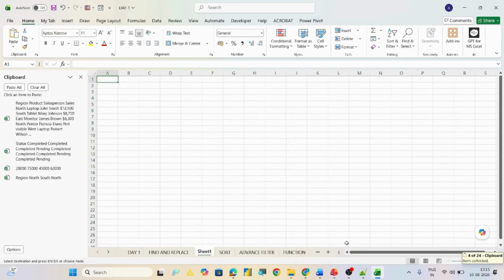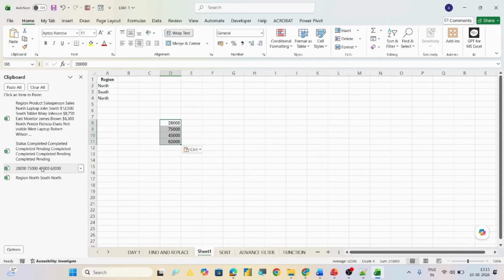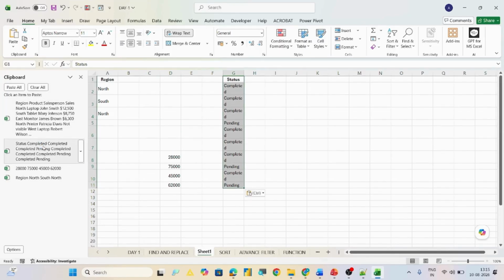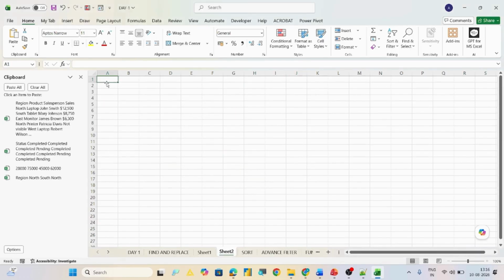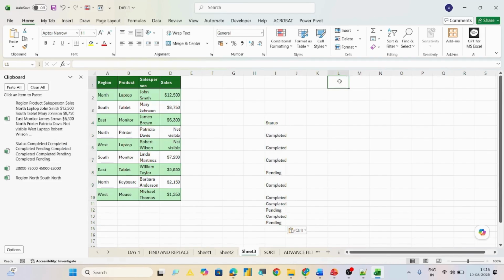Now let's say in a blank sheet, later on I want to use this, I can just copy and then paste it. I can keep my cursor somewhere and paste it. Wherever I want to paste, I can paste it. So this can be pasted n number of times, as long as you are not clearing it. So I can reuse it n number of times.